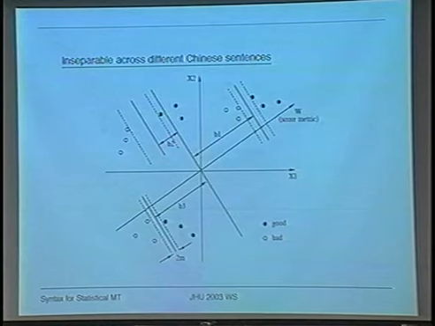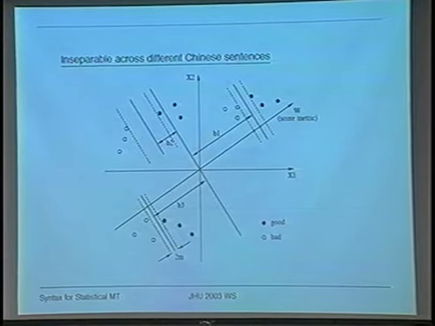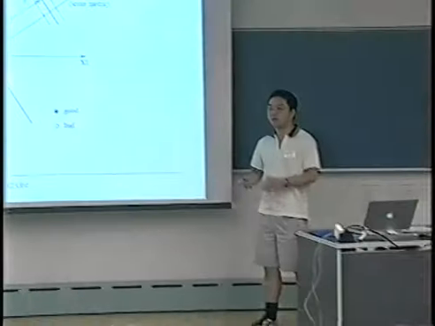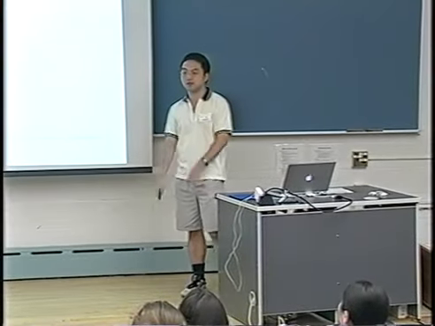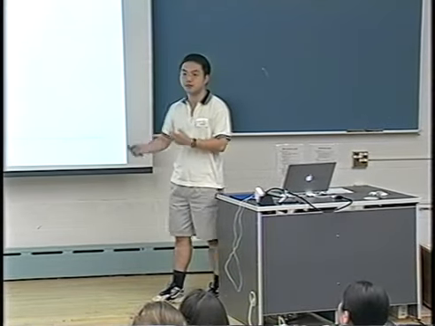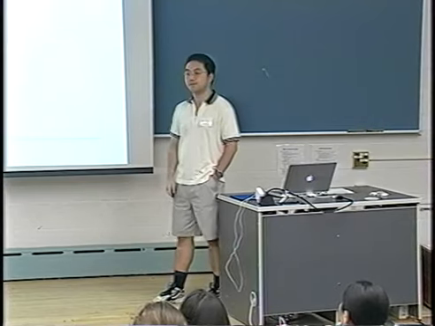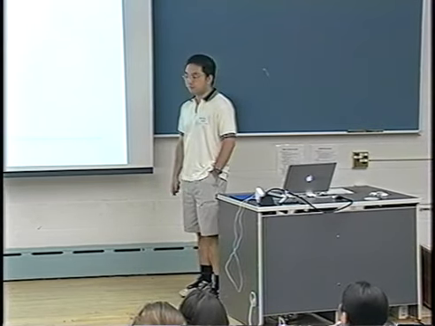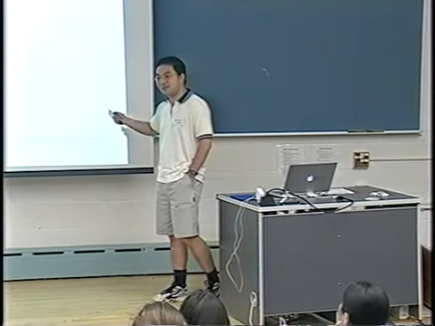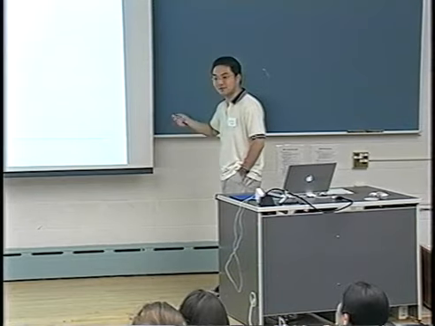I can ask a technical question. How do you vectorize these sentences? We use a set of features to represent an English translation. Like what? I will say how we do that later.